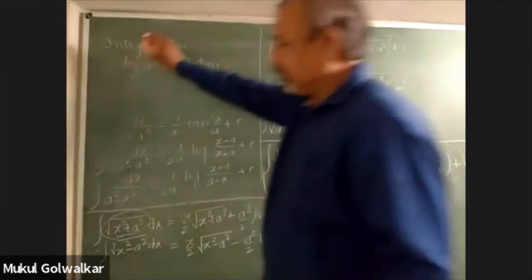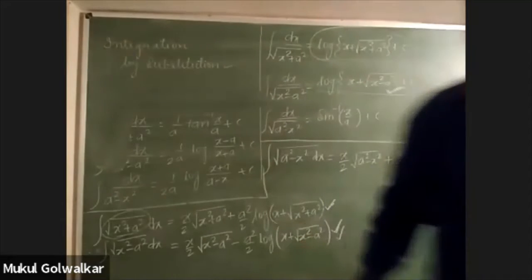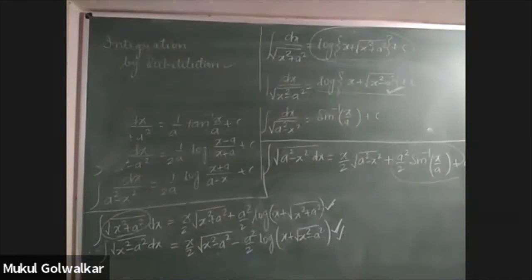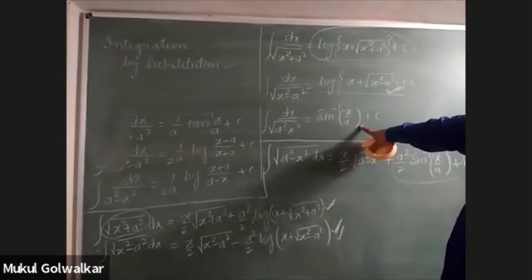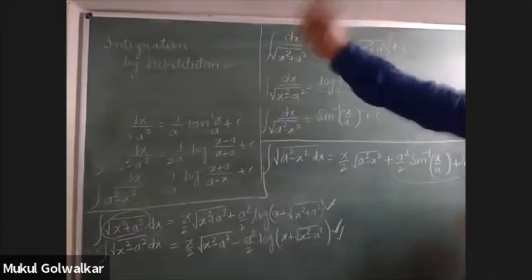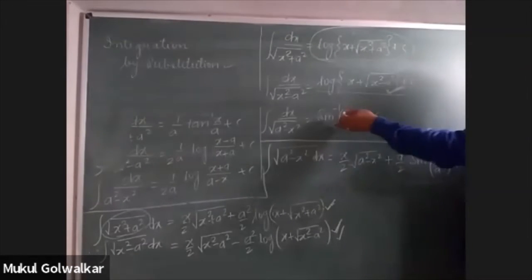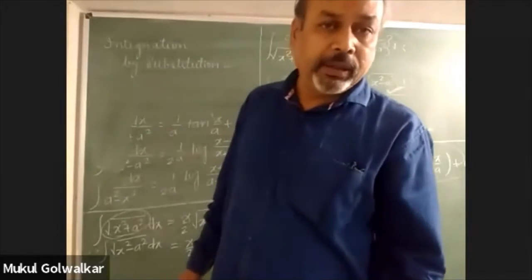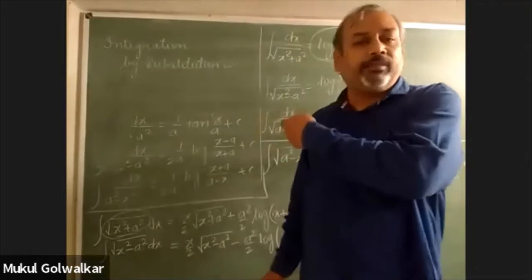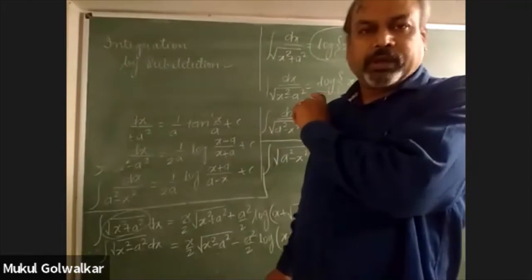Sir, the formula which we wrote, the third one of the special integral, a square upon 2 sine inverse x by a. Yes. So, sir, yes, sir. What we studied in inverse trigonometry was the sine inverse, cos inverse, all these functions are interrelated. So we can interchange the functions and accordingly the formula, like it will be cosec inverse a by x. Yes. Whatever properties of inverse trigonometric functions you have studied, okay, the same formula can be utilized over here also. Correct? That can be applied.